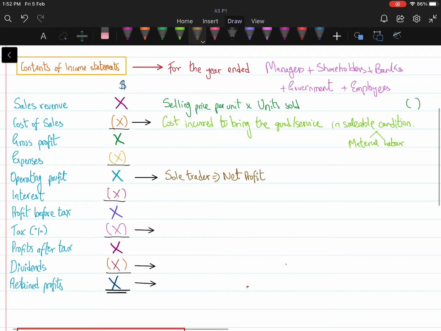Now, mind you that these accounts are being presented in the context of a company. Had this been the context of a sole trader, the amount known as operating profit would be replaced with net profit, because the sole trader does not have to pay taxes or dividends to shareholders. The legal structure does not allow for that. So just in the context of companies, we study that amount as operating profit because there would be further deductions from that particular amount to various stakeholders, such as the government. So you first pay interest to the banks, then you get an amount known as profit before tax.